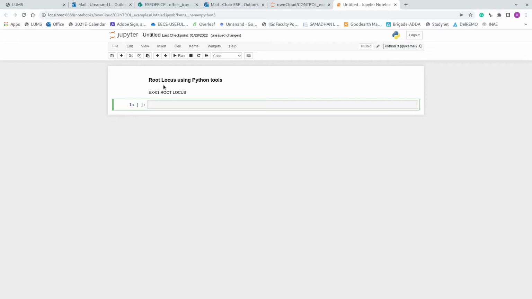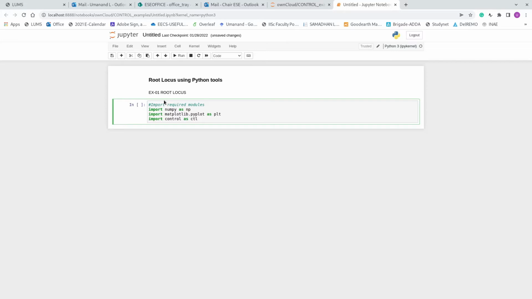So let me now start writing the code for a root locus example. I will take the same transfer function that I used for the other examples to demonstrate the Python control tools, and we will see how we will obtain the root locus plot. Let us include the modules.